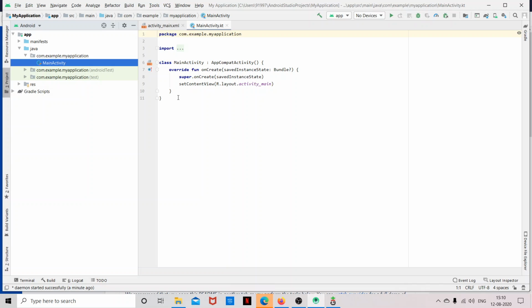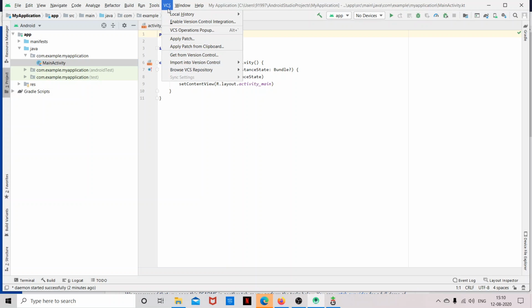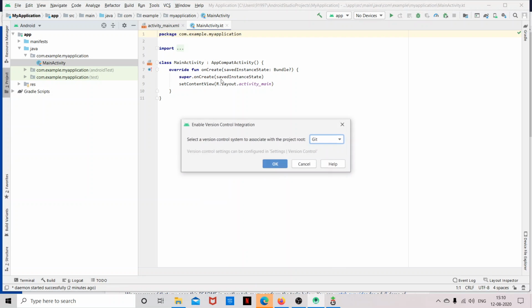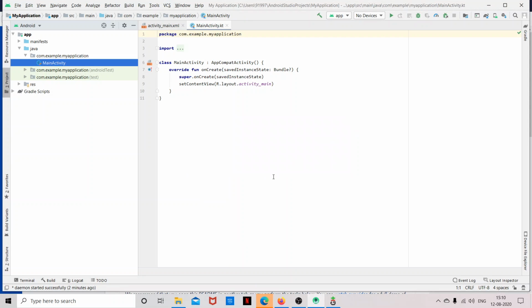So first we are going to enable version control in this project, which I have just created. So to do that, click VCS, enable version control integration, and click on OK.